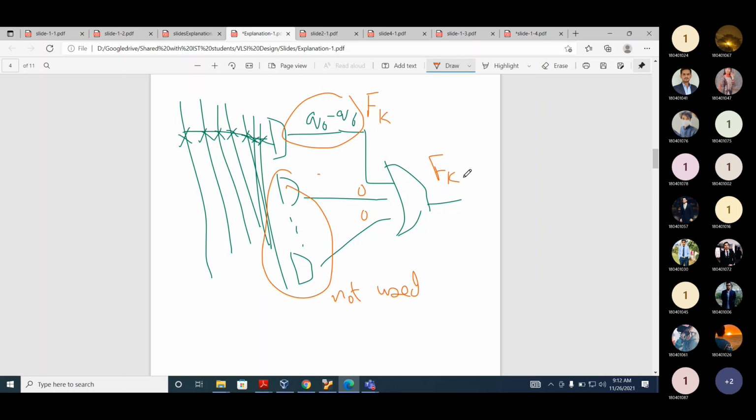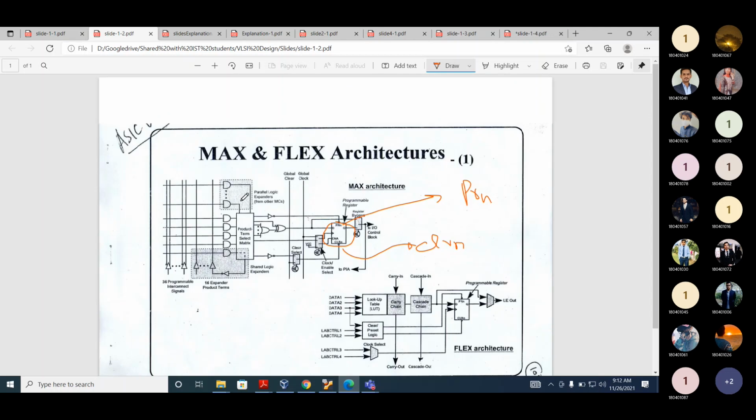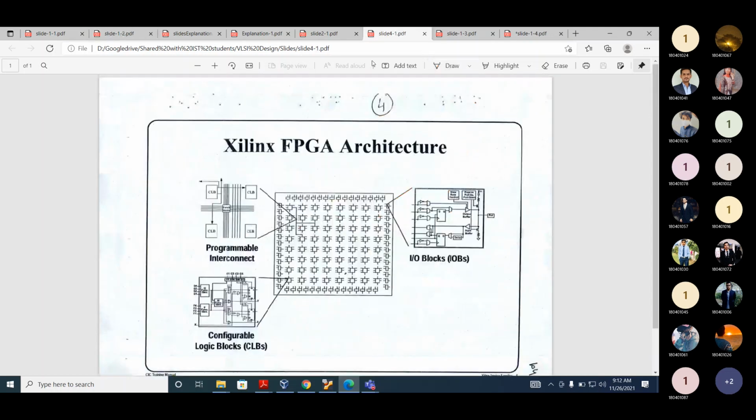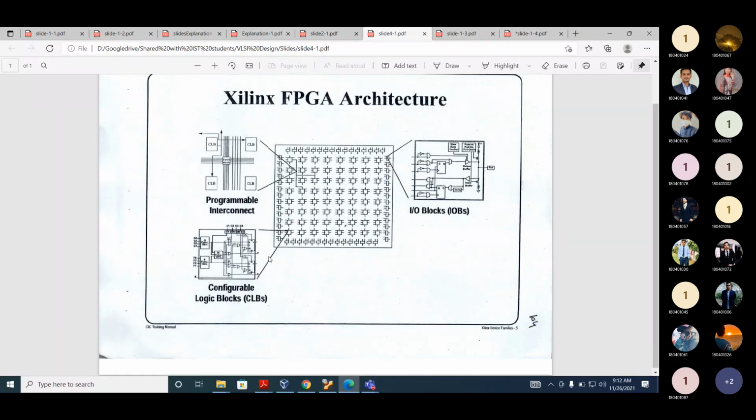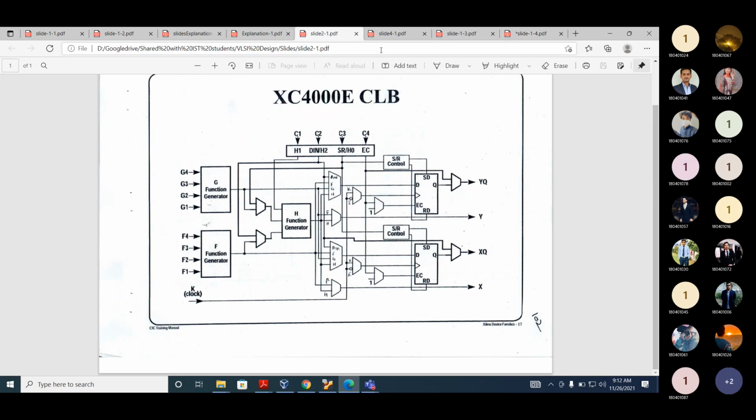Any question? Okay. So now we'll study another architecture. This was the Xilinx Max architecture. Now we will study the Xilinx FPGA architecture.